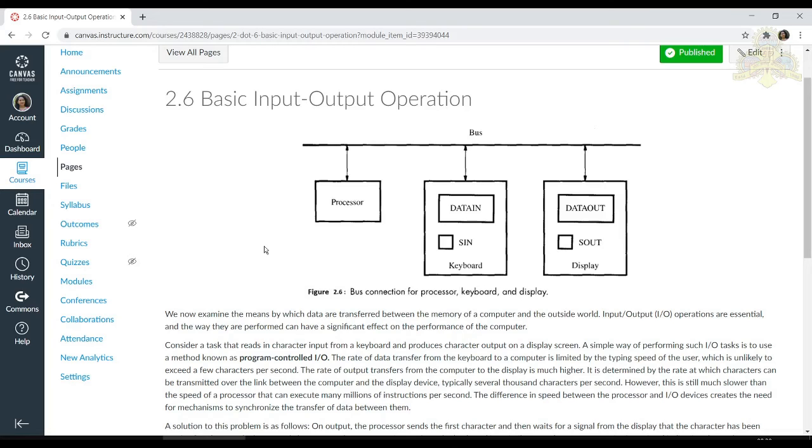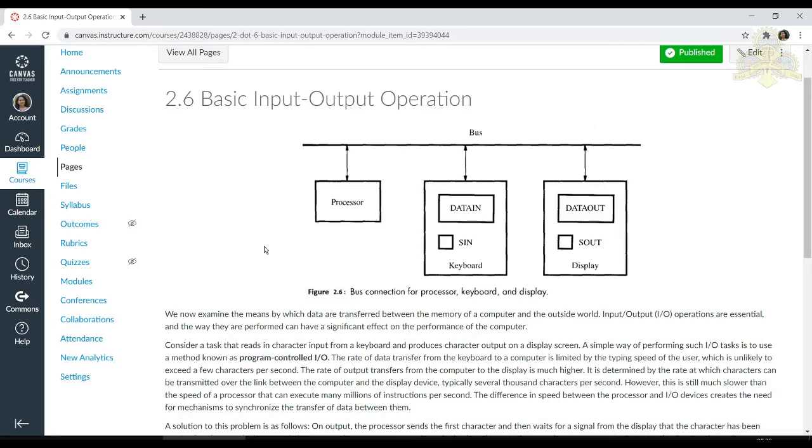Now, the simple way of performing this IO task is to use the method known as program controlled IO. The rate of data transfer from the keyboard to your computer is limited by the typing speed of the user. How slowly or how speedily you type depends on the user.